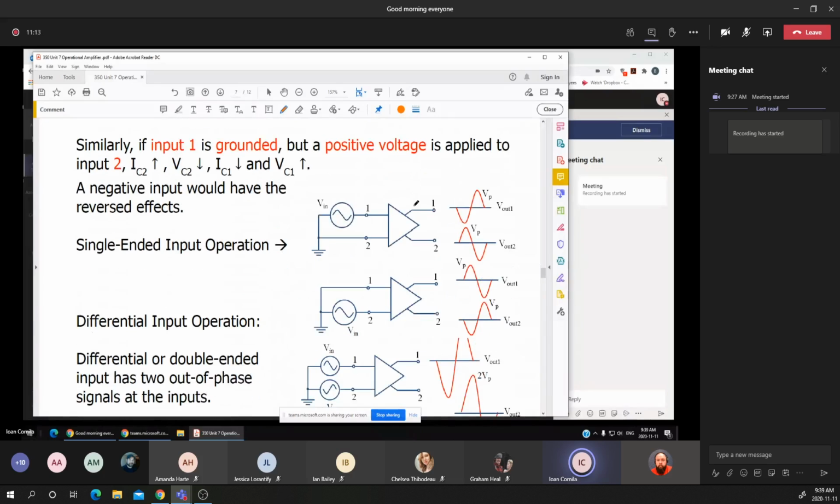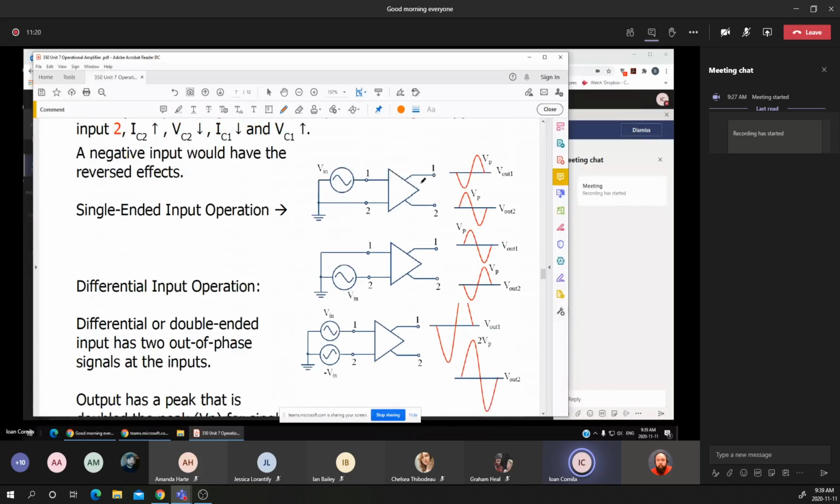Now, a simplified diagram in order to see the behavior of the differential amplifier. That's actually the first operation, having a single-ended input. You notice that the input 2 is connected to the ground, but the input 1 has the voltage applied to it. Means that I'm looking to see or to determine what is the effect on the output 1